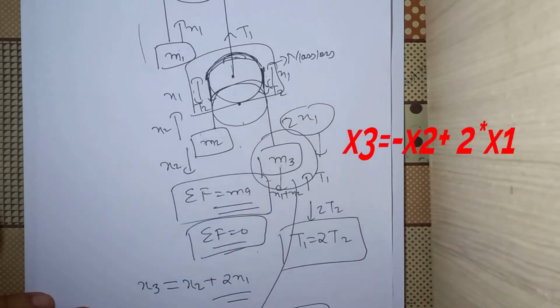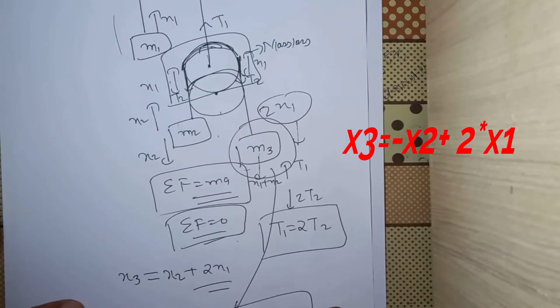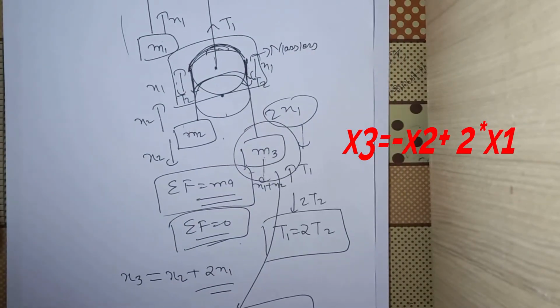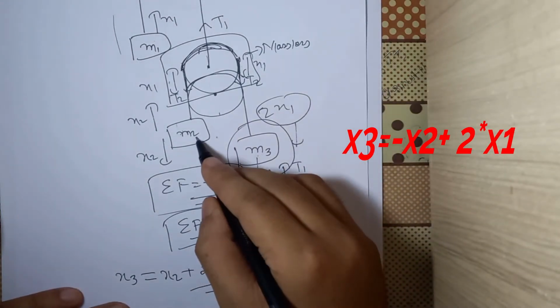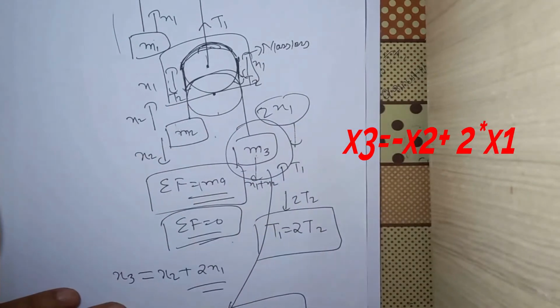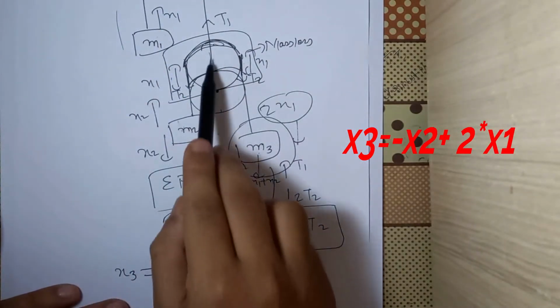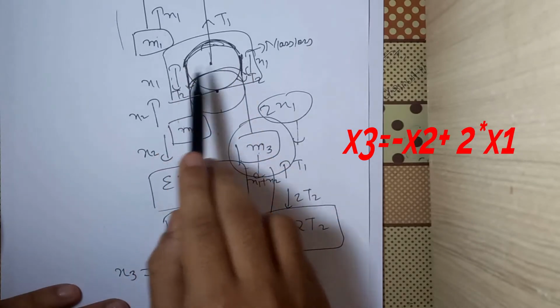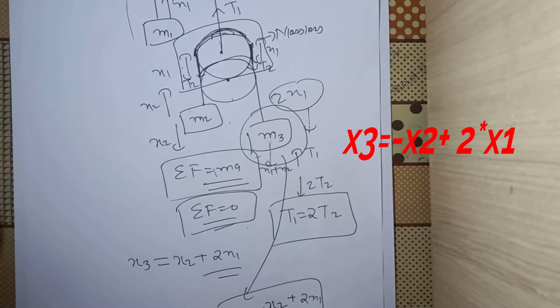If this is increasing the length of rope, and I've assumed that m3 is also moving downward, then because of this increase in length of x2, the length on the m3 side should actually decrease. So x3 is basically equal to minus x2. Why this minus x2? Because I assumed initially that m3 was moving down, but because of the motion of m2 downwards, m3 has to move up. So that's why this is minus x2, and the rest of the relation will automatically remain the same, the 2x1 part. Because the pulley will move down by x1, and both these parts of the rope, x1 and x1, will wind up, and m3 has to move by 2x1 downwards, which is my initial assumed direction.